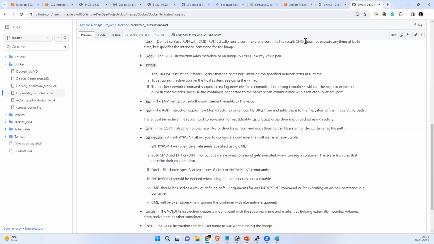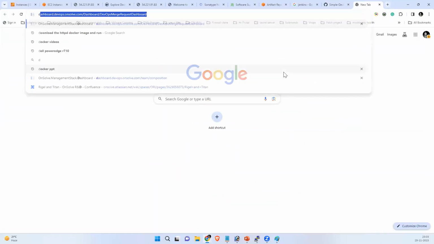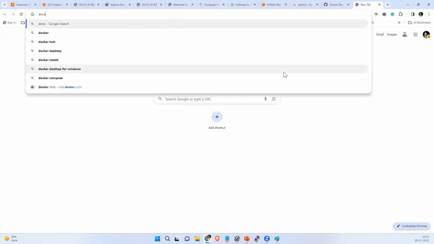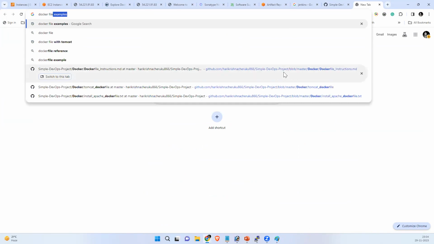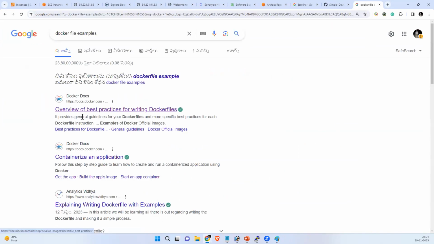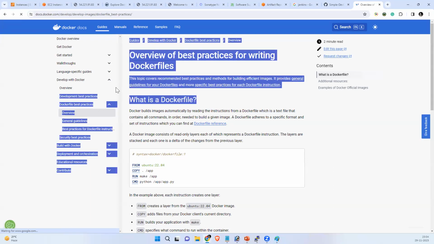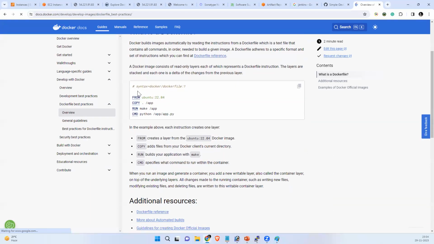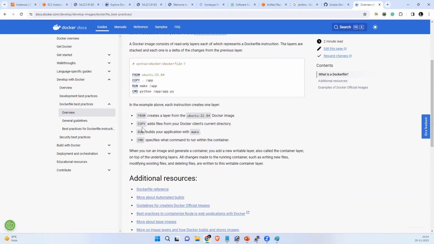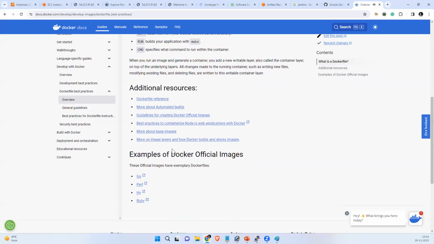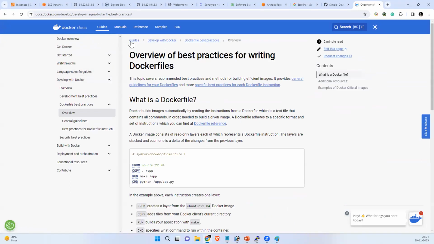I will show you the Dockerfile examples. These are the Dockerfiles, guys. FROM, COPY, RUN, CMD. What is FROM? What is COPY? What is RUN? What is CMD? For example,